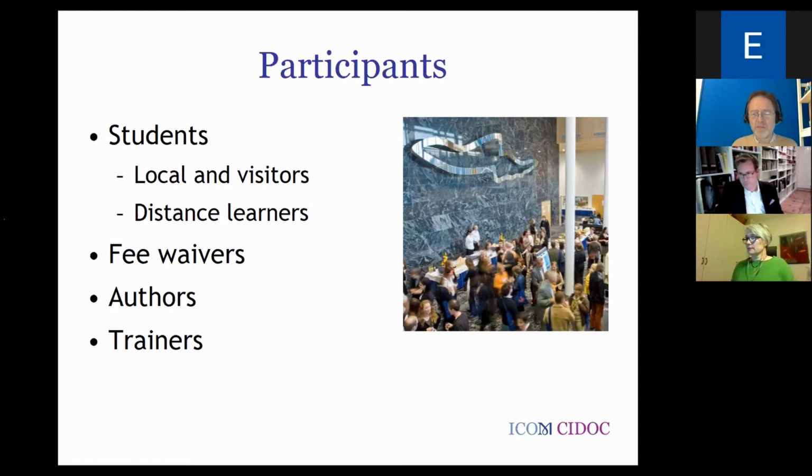You can also participate as an author. If you think you would like to provide us with some training material, we can provide you with the template and the way of putting that together and a methodology for the training, but you don't necessarily have to be a teacher and actually deliver the material. But if you've got something you think would be interesting and you'd like to provide us with some training material, then you can author that material, and we'll be happy to put it into the catalog as material that's available for use by other institutions. And of course, as I mentioned, you can become a trainer and you can participate in our training program,